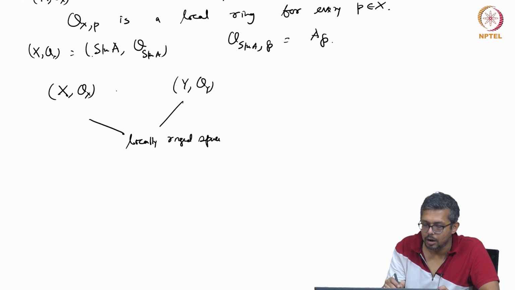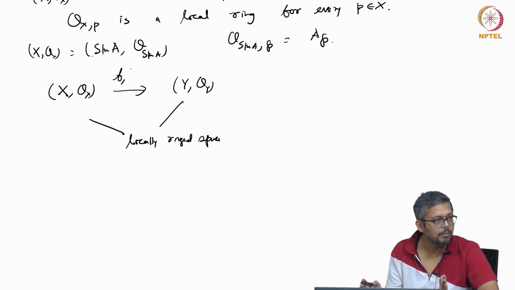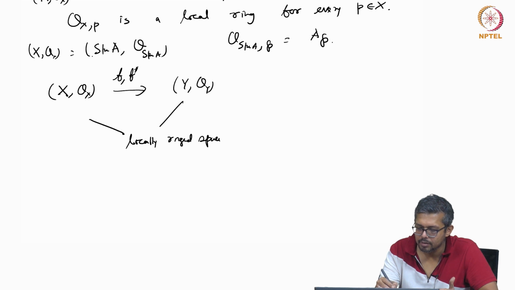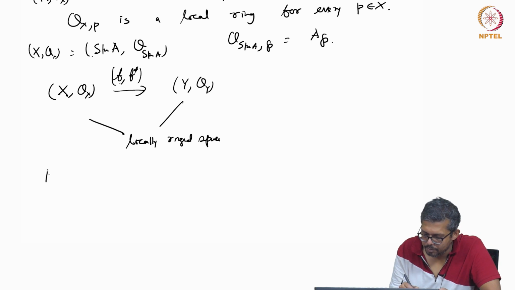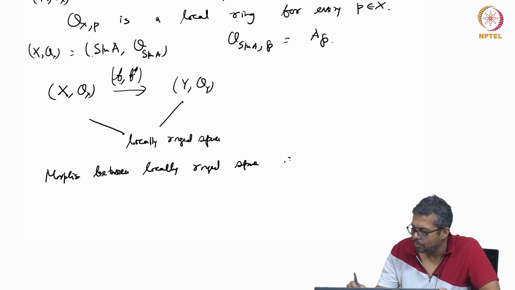Both are local. So now I need to define what is a morphism. I defined a morphism of ringed spaces, but a morphism of locally ringed spaces should be more specific, right? So a morphism between locally ringed spaces is a morphism of ringed spaces